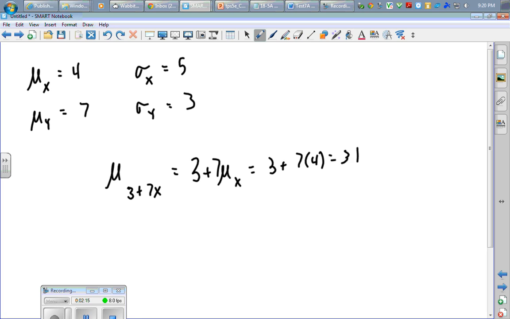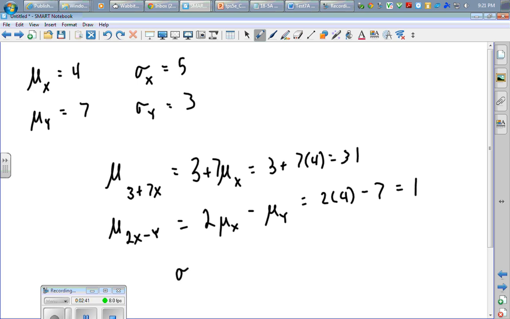I could ask you for the mean of 2x minus y. This seems a little complicated, but it's really not. It's 2 times the mean of x minus the mean of y. So 2 times 4 minus 7. I could also ask you about